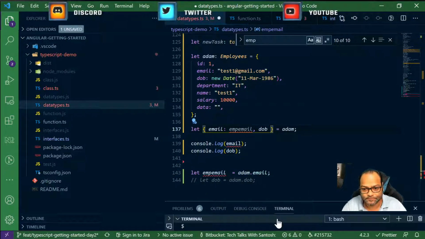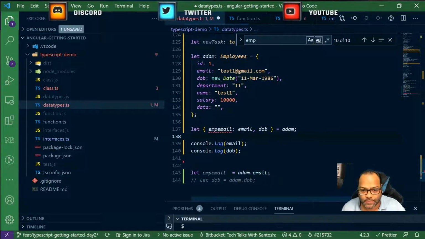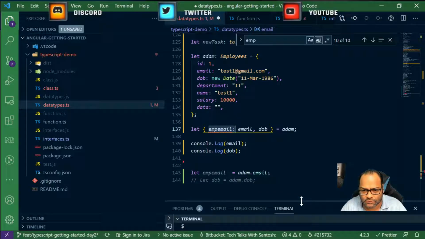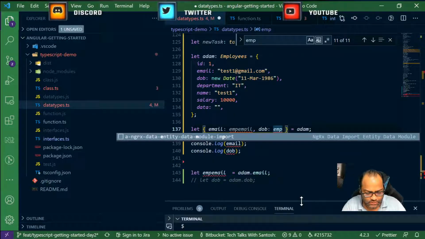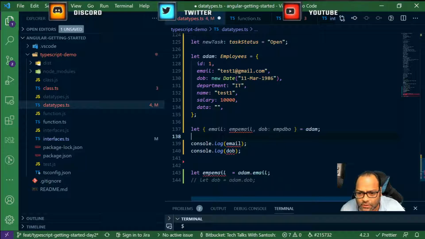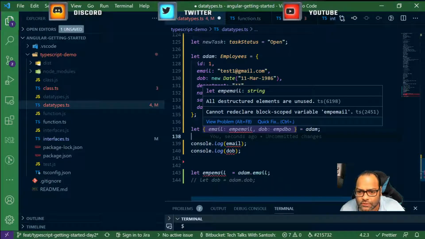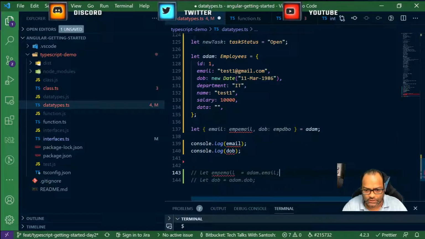So you can say here, I think it does not exist on type employee, it should be email, sorry. Should be like this, and emp date of birth. Cannot redeclare. Okay, so I can just comment this out, and now you have the same thing.